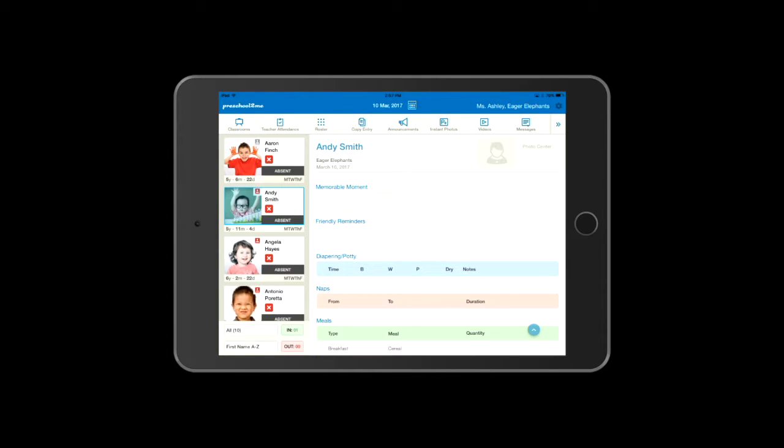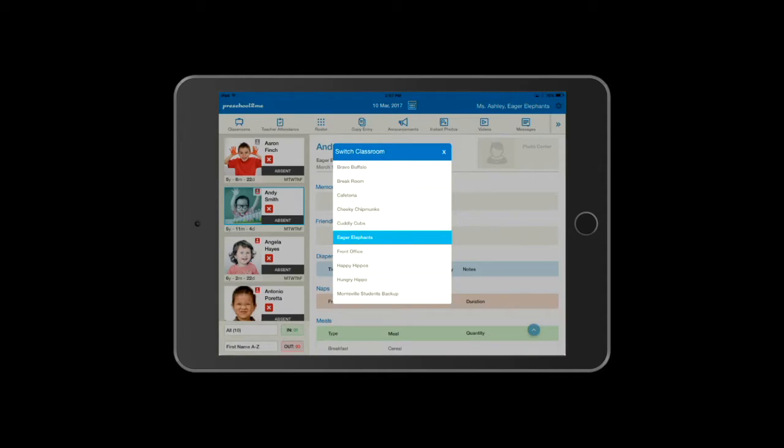The first icon is our classroom icon. This allows you to look at different areas of the school and see the children in those areas. If you see this icon, it simply means there are no children assigned to this classroom. It is nothing to be concerned about. Just select a different area